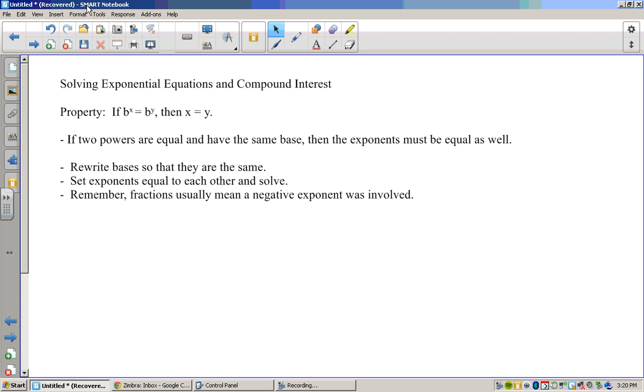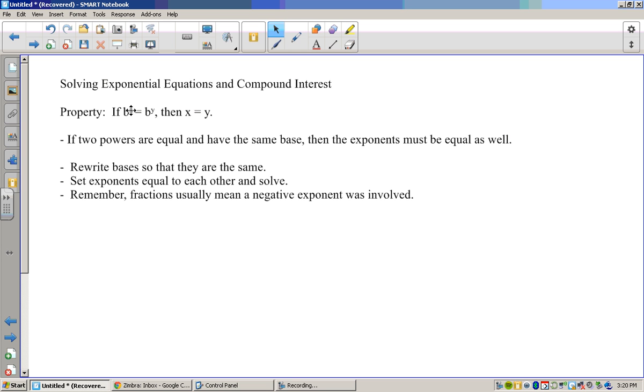Okay, folks, this is going to be a supplemental video to what you had from the book last night, just to reinforce what they were looking at in this idea of solving exponential equations. Getting right into it, the major property that we looked at when we solved exponential equations was this idea that if you have an equation with two exponential expressions where the bases are the same, and you have exponents with them,